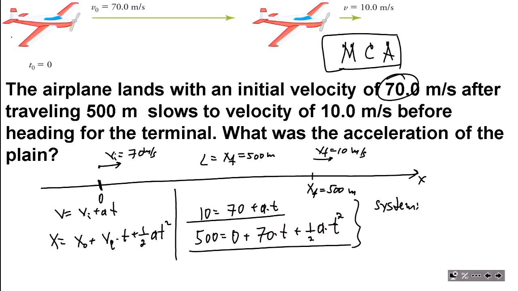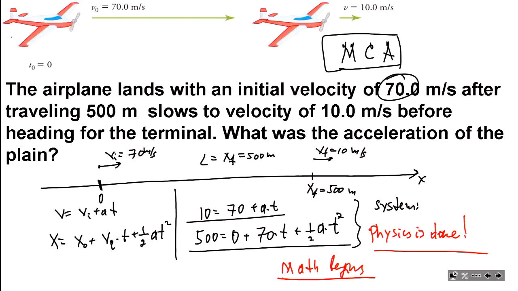So at this point, I'm done. As a physics course, physics is done, I'm done. What begins? And that's on you. But there is a shortcut, which I want to demonstrate to you in the last,